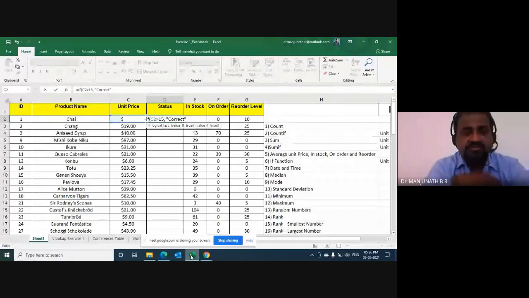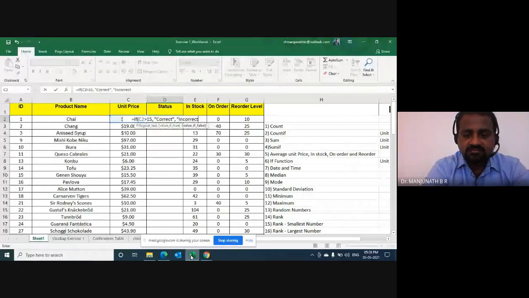Again I put a comma, then a space. If it is not correct, then it should be incorrect. That's why I will write again within double quotes, incorrect, and I close the double quotes. Once this is done, I will close the bracket.